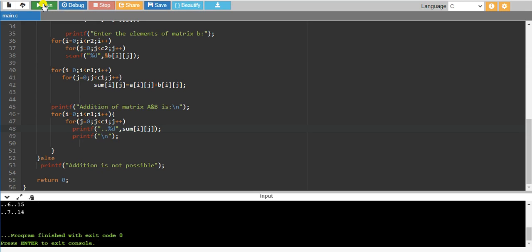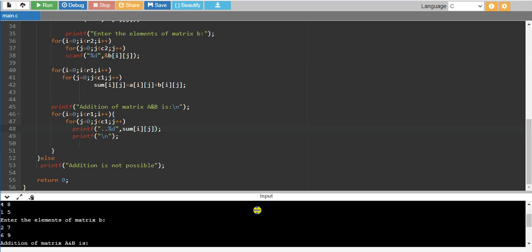Then check the addition of matrices. Check here whether it is giving proper output or not. 2 7, 6 9 is my matrix B. Addition of matrix A and B is 6 15 7 14. How is it adding? 4 plus 2 is 6, and we are getting 6 here as the first element of the sum matrix.